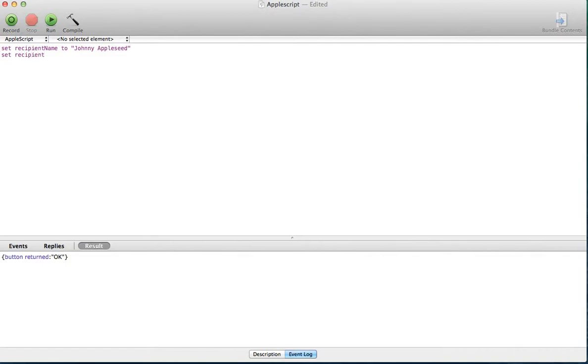recipient address. So this would be the address to, and if you want to know my email, which all my junk comes to, it's nobody@nowhere.com. No, I'm just joking. This is some random email address I'm typing in right now just to show you. Then you can do set the subject to something like Applescript